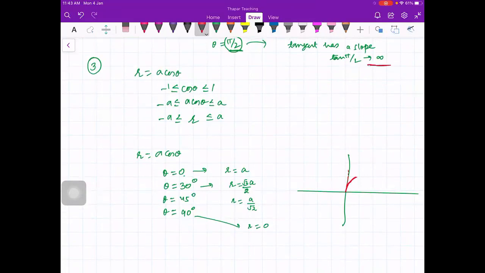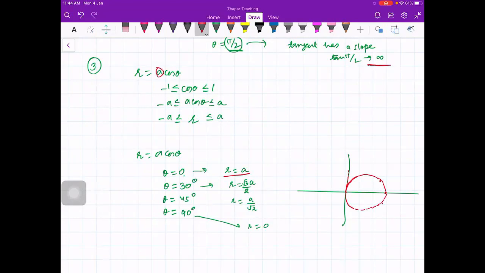Now because of symmetry about x-axis, downwards also you have the same curve. Okay, rest you can plot. r is equal to a when theta is 0, and then r is equal to root 3 by 2 a here, and then you can plot something when 45 degree here. You can take other points also if you have doubts. You can plot more points. So it is something like this, and then because of symmetry you will plot like this. Okay, so everybody will plot these circles.